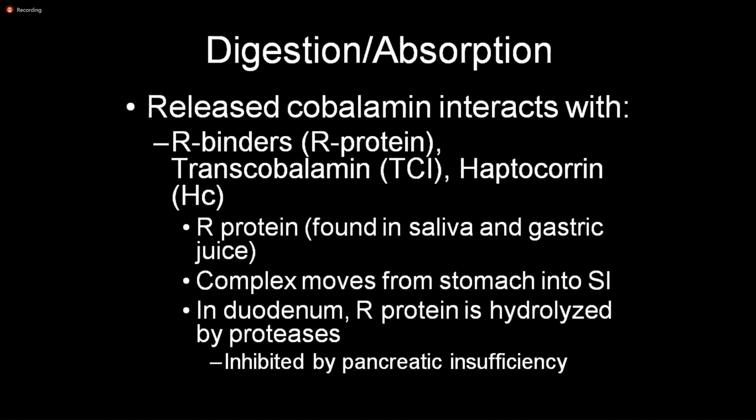In the duodenum, this R protein is again hydrolyzed by the proteases. This R protein, which initially binds with the vitamin B12 in the stomach, has to be released and separated again in the intestine. So when there is an intestinal insufficiency, or in the case of pancreatitis or chronic pancreatic disease, due to the insufficiency of the pancreatic proteases, the absorption of vitamin B12 is disturbed. This R protein has to be degraded from the vitamin B12 in the small intestine.